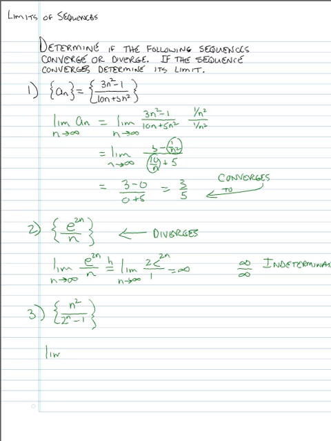And we want to find the limit as n approaches infinity of the terms n squared over 2 to the power n minus 1. And notice again, if we look at the limit of the numerator only as n goes to infinity, we get infinity. And if we look at the limit of the denominator alone as n goes to infinity, we get infinity. So once again,